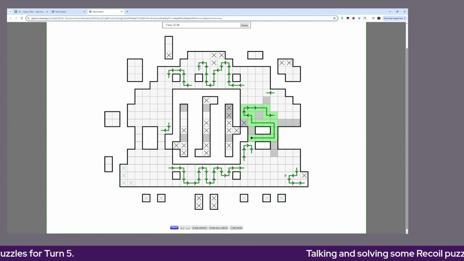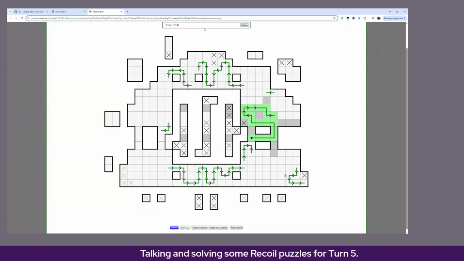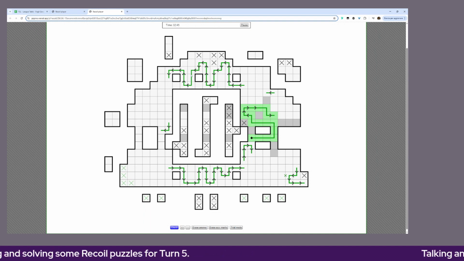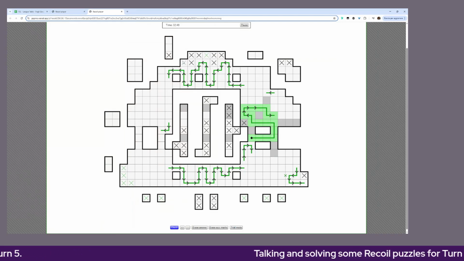So here I'm forced to go down. Right, yeah, I'm forced to go down. Now I'm forced to go here. Now I'm forced to go twice down to take 1 and 2 moves. And still 1 and 2